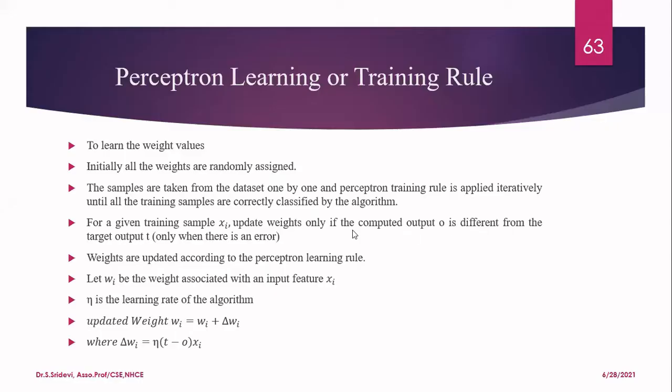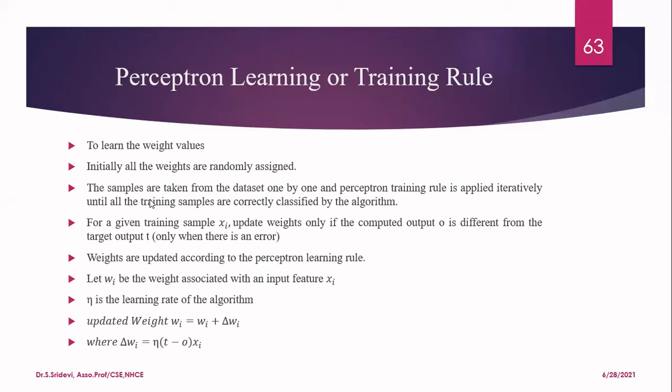So in this class, we are going to see about the perceptron learning or otherwise training rule. The main aim of the perceptron training rule is, in case of the perceptron, we need to learn the weights automatically. For that only we have this rule. And we are now going to deal with single layer perceptron. When you start, initially, whatever is the weight you have, you have to assign all the weights to some random value.